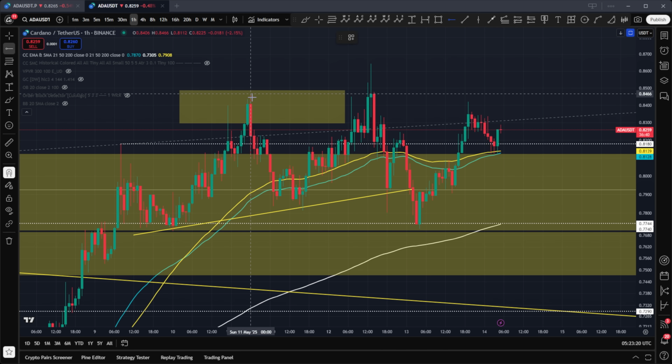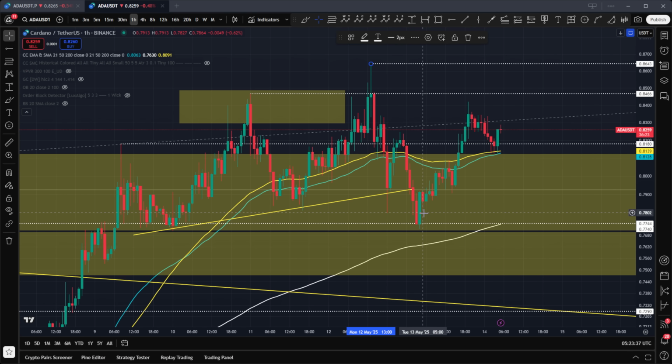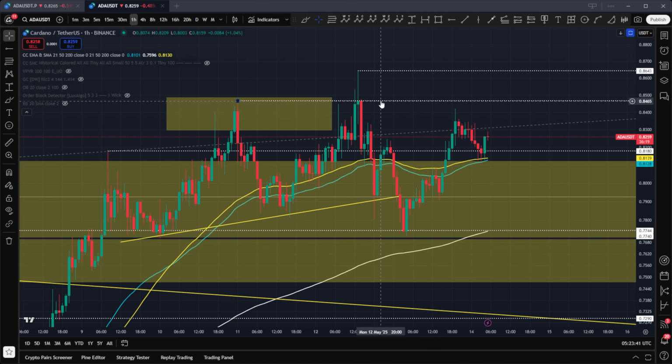So we were looking to see whether or not 84.66 was going to hold up as our resistance and then move down to the 200 EMA. Instead, we breached this level, taking us up higher to a swing high here on Monday, 1300 hours UTC of 86.43 cents. And then we started to move down towards the 200 exponential moving average. A very interesting kind of pattern.